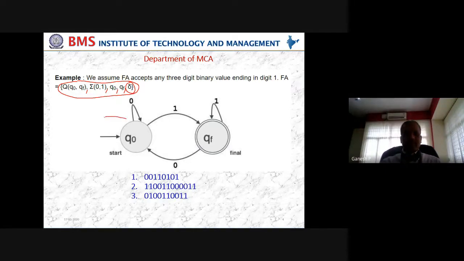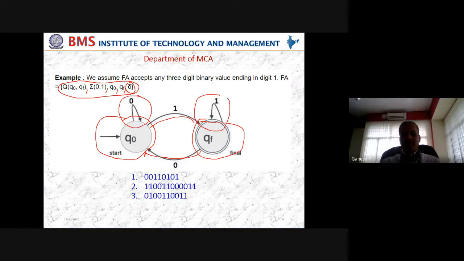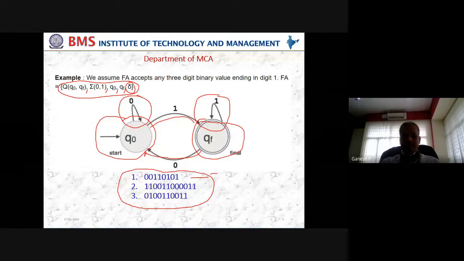So this is a starting state. This is the ending state, because 2 circles are there. These are the transitions from one state to another. And we have self loops, which point to the same state depending upon the type of value we have. So this is the starting and this is the final. Let me know whether these are valid with respect to this particular diagram. I have inputs here: 0, 0, 1, 1, 0, 1, 0, 1. Is it a valid one with respect to this given diagram?